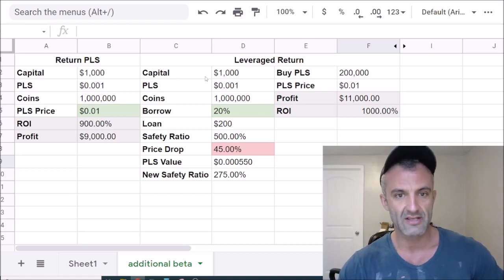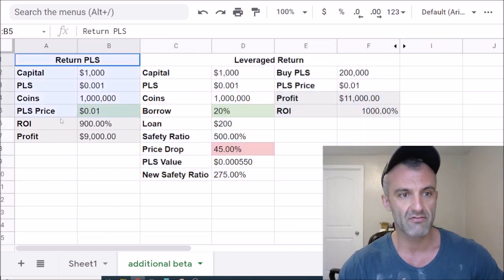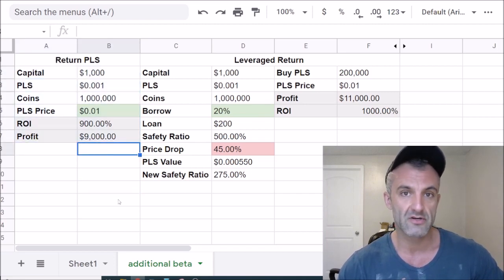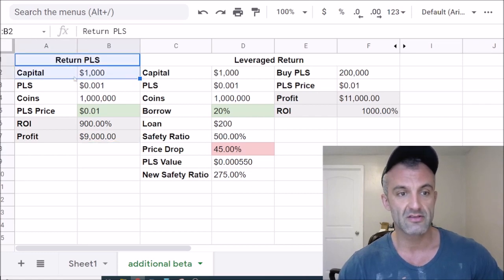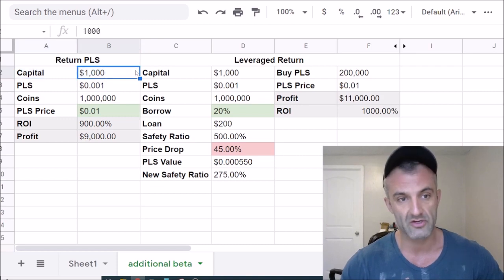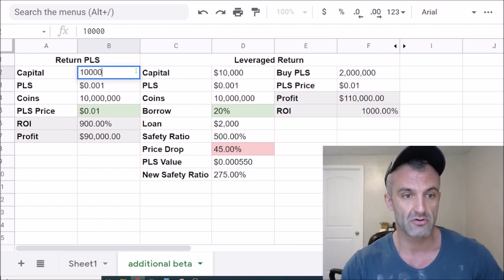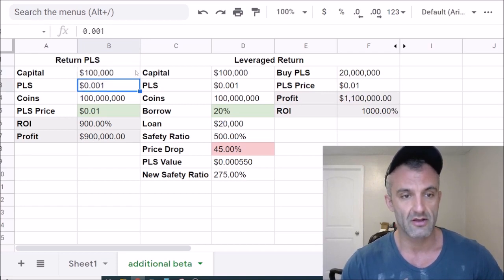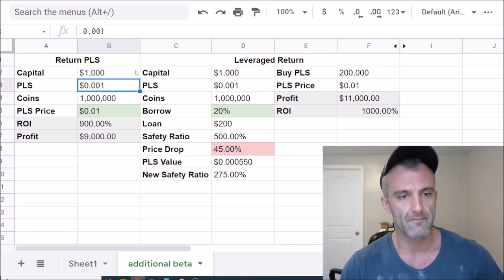So we put together two examples here, right? We have the leveraged section here and we have the regular return over here. Let's walk through each side of this so that you get to see the numbers and how it actually works. So this is assuming that somebody just doesn't have a lot of capital, $1,000, right? But we could change this to $10,000, or $100,000. It doesn't matter what it is, but I think this is probably more relevant to a lot of people.